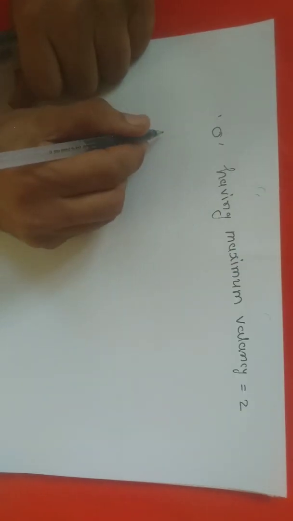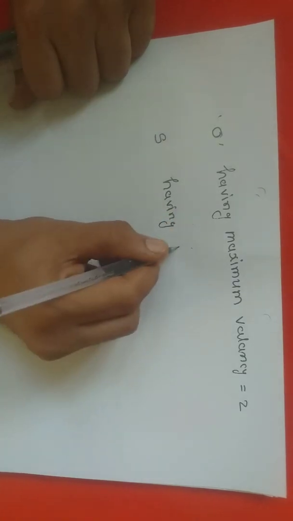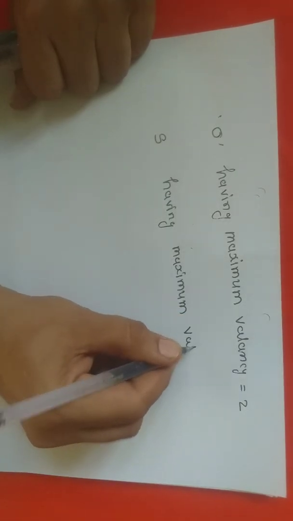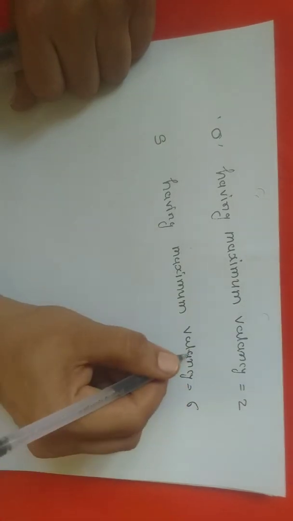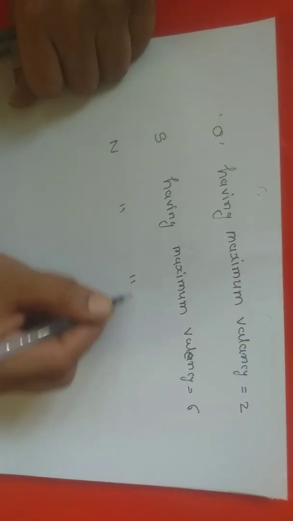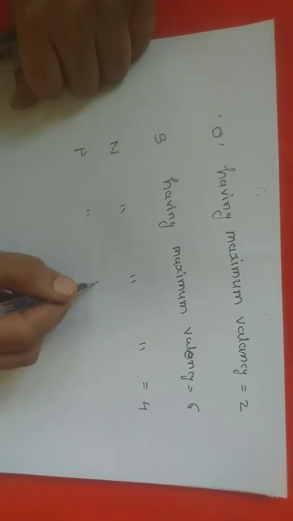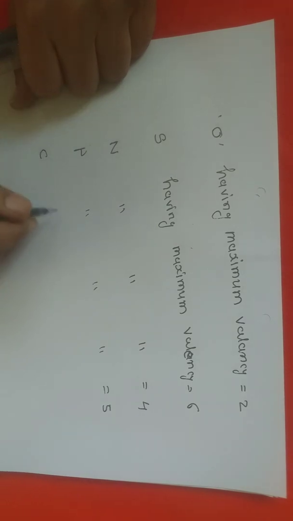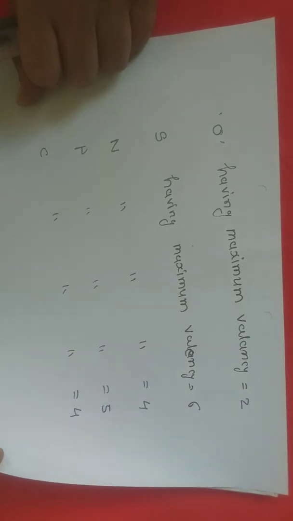Similarly, if you take sulfur, then sulfur has a maximum valency of 6. If you go with nitrogen, then nitrogen has a maximum valency of 4. Similarly, phosphorus has a maximum valency of 5. If you go with carbon, it has a maximum valency of 4. If you go with silicon,